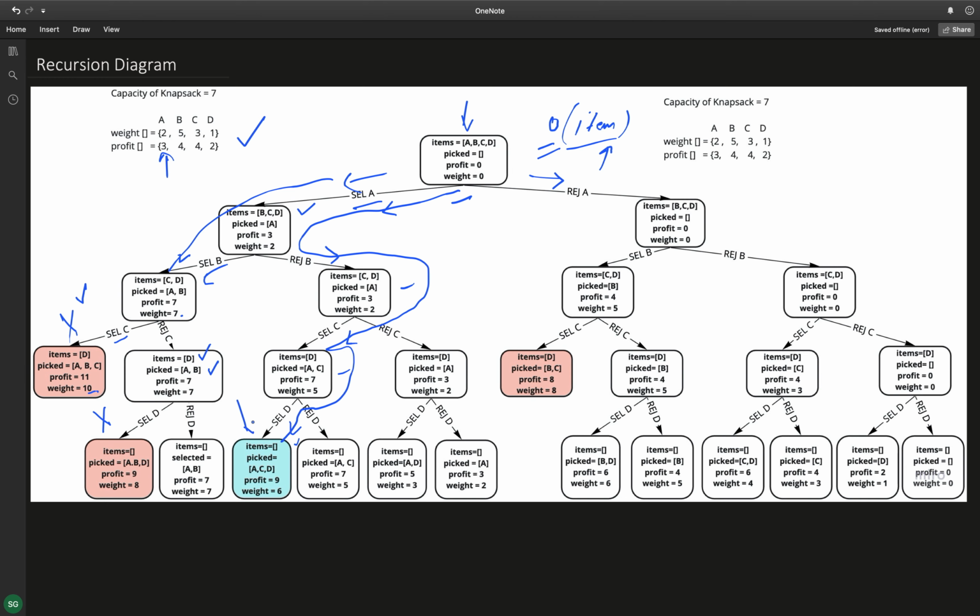Here I have highlighted this because the profit that is gained is the maximum one. So 9 is the maximum profit that we have gained after picking A, C and D. I hope this diagram is clear to you.